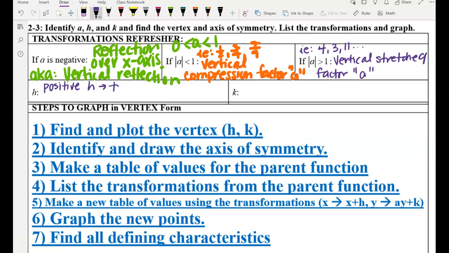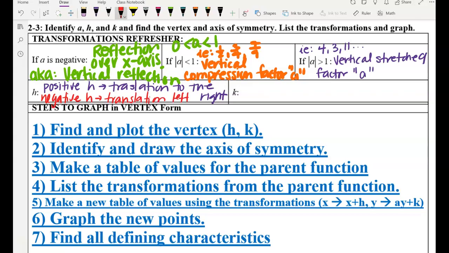So translation to the right. Okay. That many units, so h units. Okay. If you have a negative h, then it's going to be translation, oh, you guessed it, left,